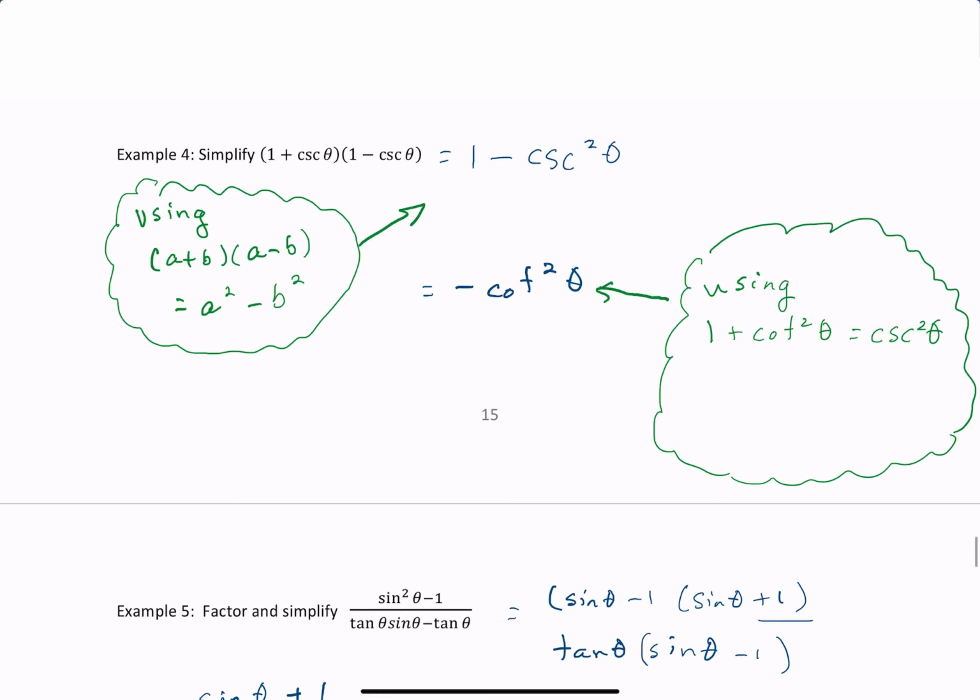Next example. Let's simplify 1 plus the cosecant of theta times 1 minus the cosecant of theta. Now using a plus b times a minus b equals a squared minus b squared, we get 1 minus cosecant squared of theta. And that is equal to minus the